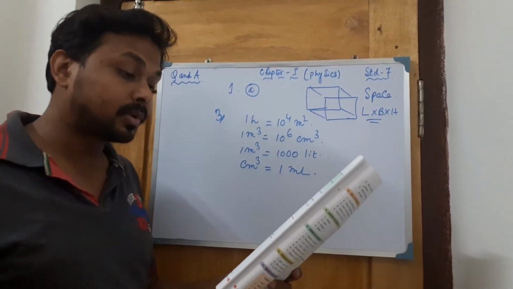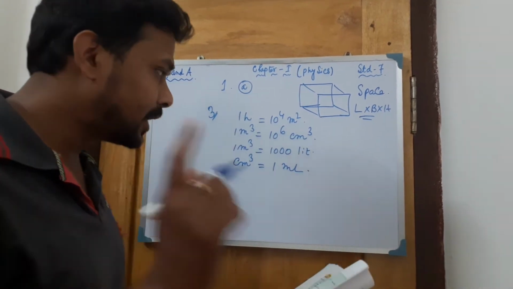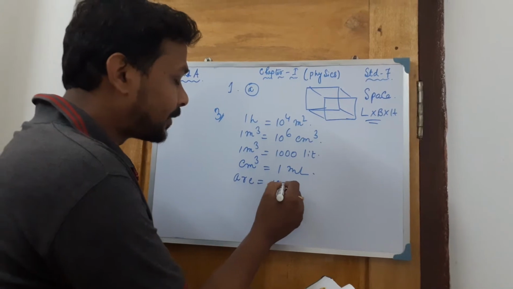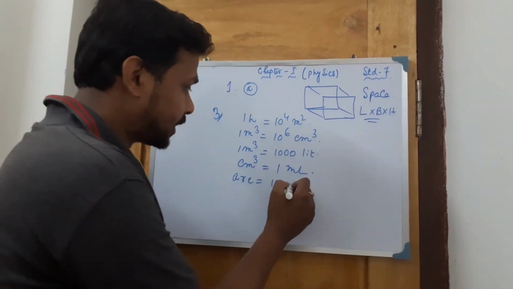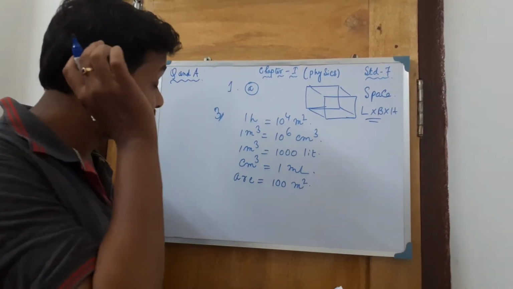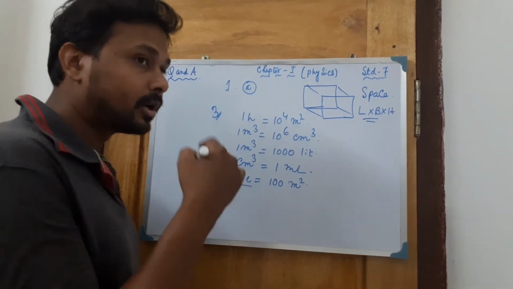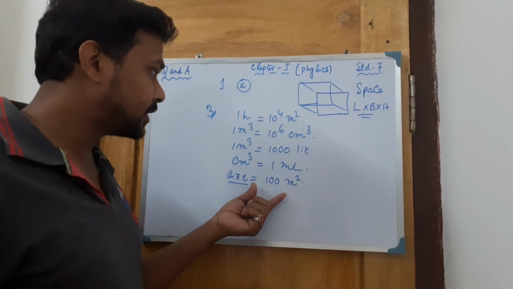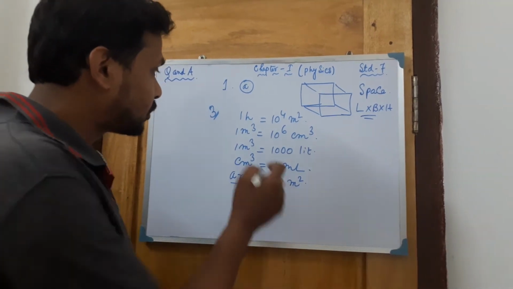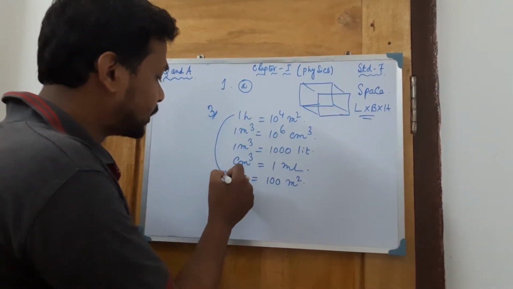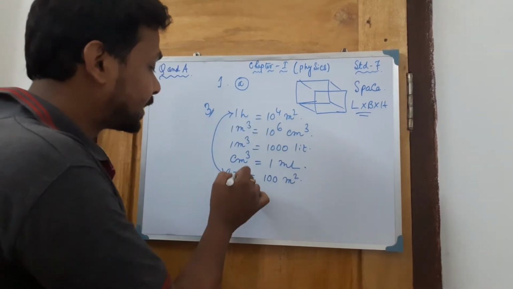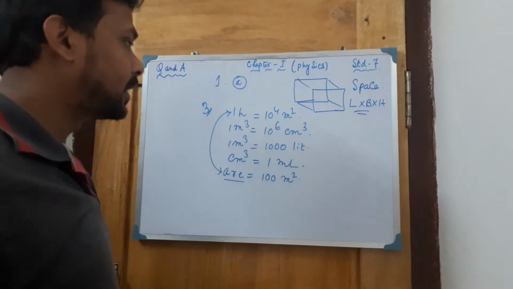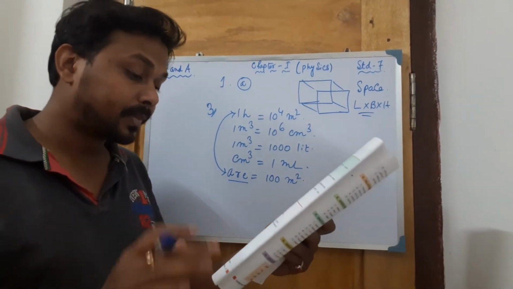Next and the last one, R and meter square, which is a very important relation. Both are units of area. R is the bigger unit of area, and this is the relation between R and meter square. One more relation may also come in the exam: the relation between hectare and R, which you should also read. It is given in the book.